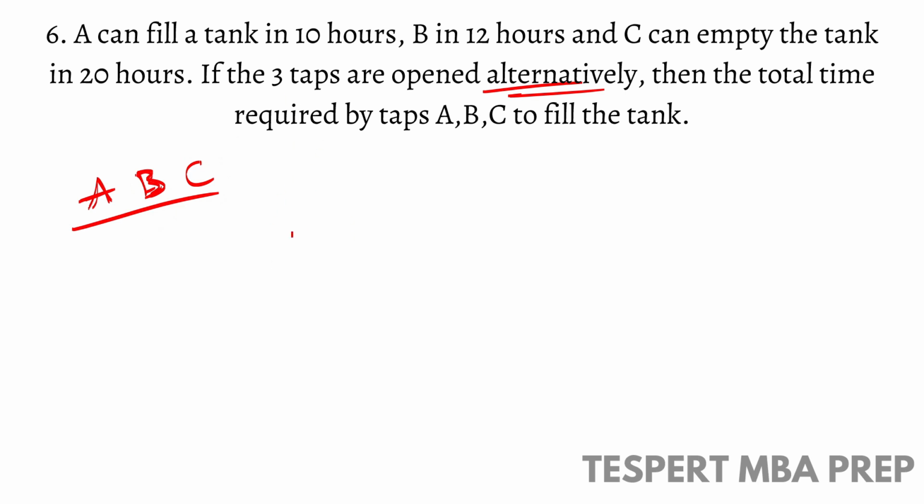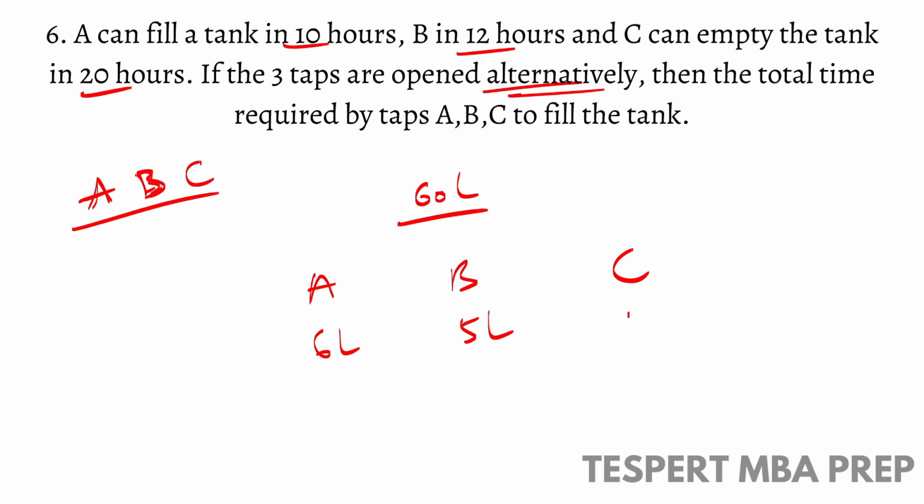Here, if we observe the total capacity of the tank, take LCM of these three, 10, 12 and 20. So the total capacity is 60 liters. So A, B and C. A can fill 6 liters, B can fill 5 liters, and C can empty 3 liters in 1 hour, right? So all 3 pipes are opened alternatively. So this is for 1 hour, this is for 1 hour, this is for 1 hour. So in the 3 hours, the resultant work done by 3 taps is 6 plus 5 minus 3, that is